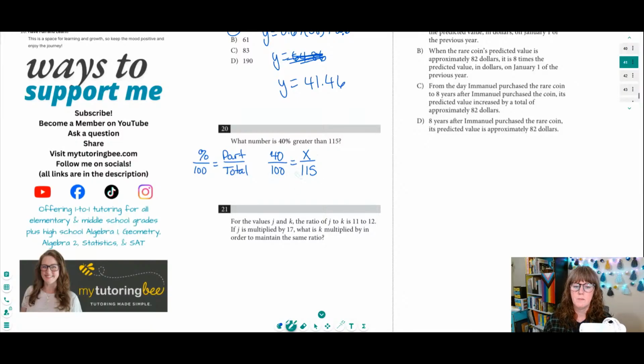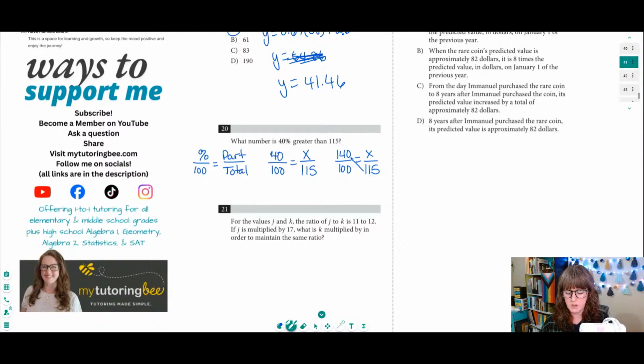The other way is to find 140% of 115. And what this proportion will do is eliminate the need to add on whatever we find. If we find 40% of 115, we would then have to add that number to 115 as a second step later on. But here, the 100% is the 115, and then the 40% is the extra 40%. So I'm actually going to solve it this way. Once we have it set up like this, then we simply cross multiply.